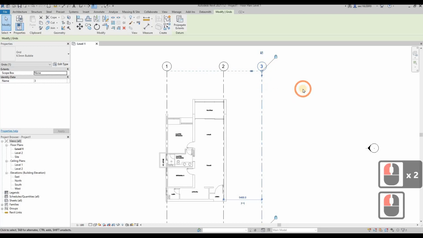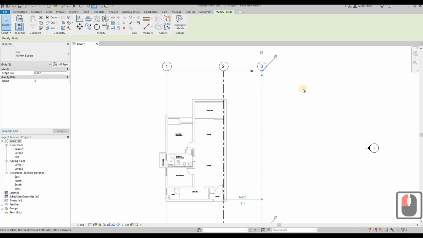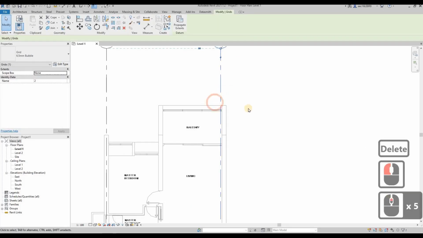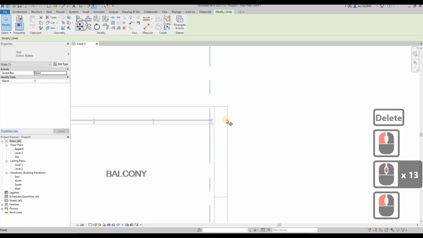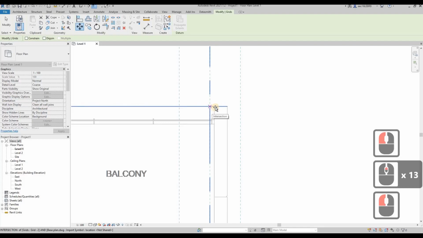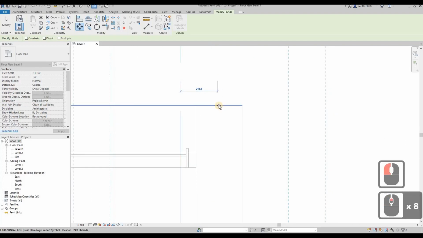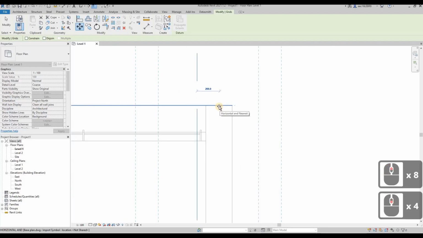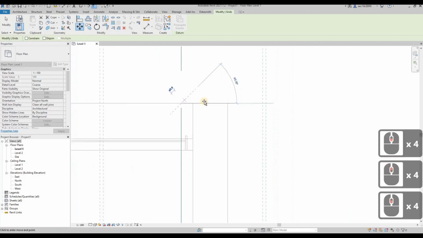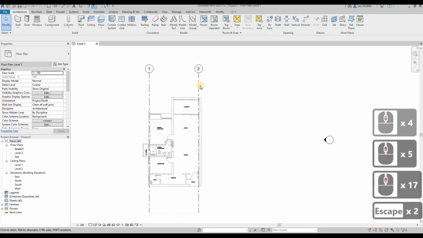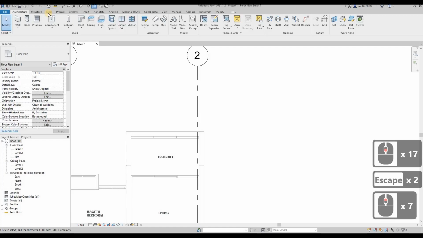For this small project, 2 grid lines will be enough. Just delete this, then we stick to 2 grid lines here. So we move to the center of the wall, because normally the grid line is referred to the center of the wall. If you cannot snap here, then we can simply draw a line by using the